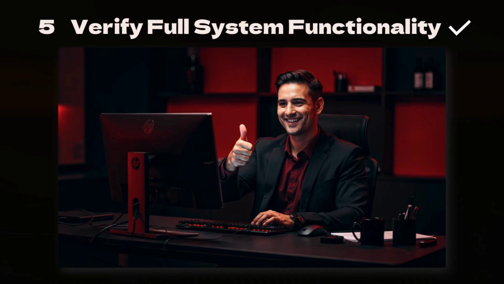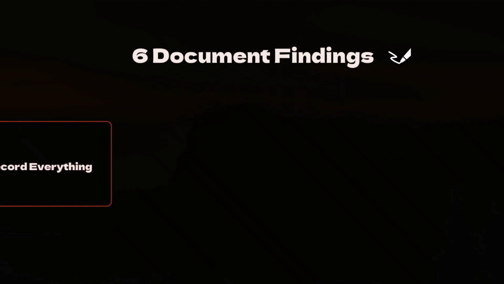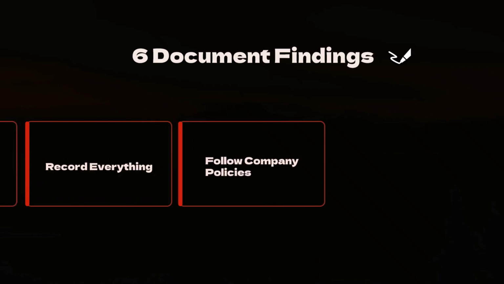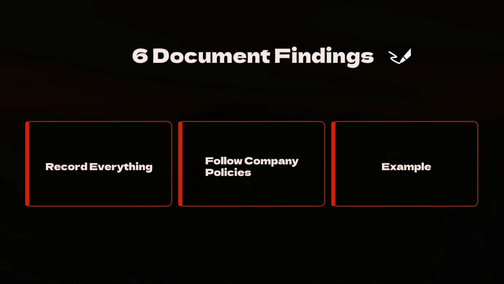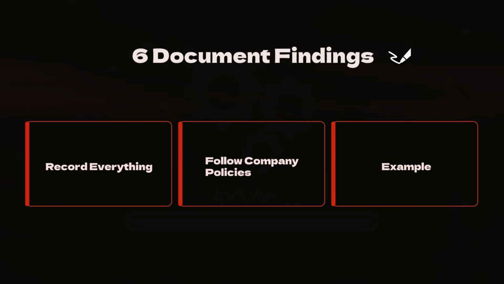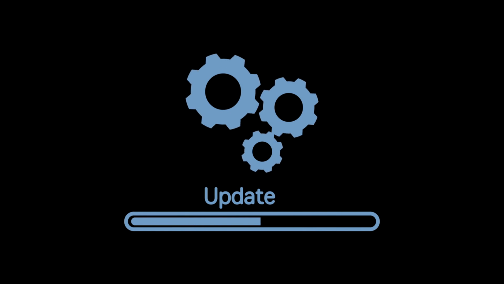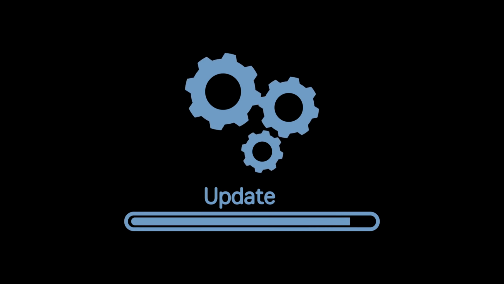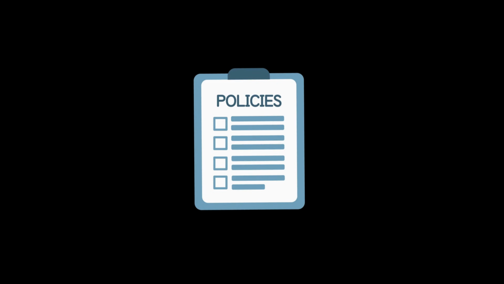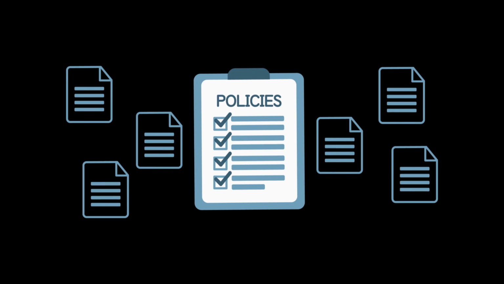If possible, implement preventative measures to prevent the problem from arising in the future. And the final step is to document your findings, the actions taken, and the outcome. Be aware that many businesses have computer policies and procedures you must follow before implementing any change. For example, if you believe that an application update will fix the issue a user is experiencing, but your company requires all application updates be tested prior to rollout, you'll need to follow your internal procedures for getting the testing done prior to implementing your solution.